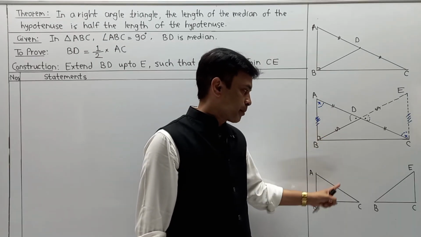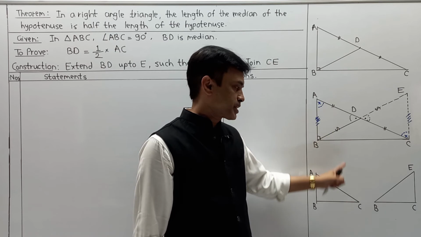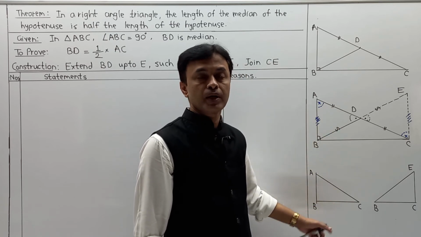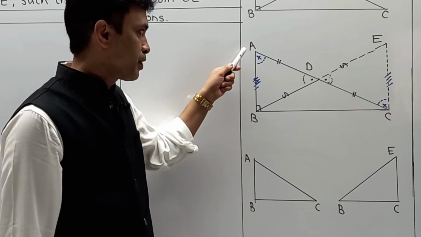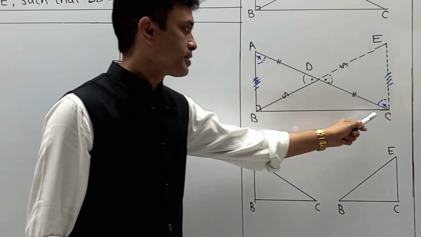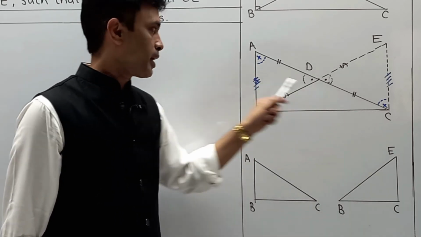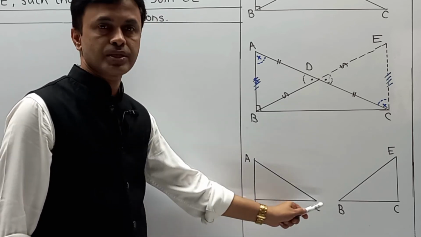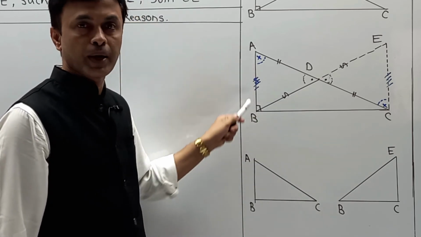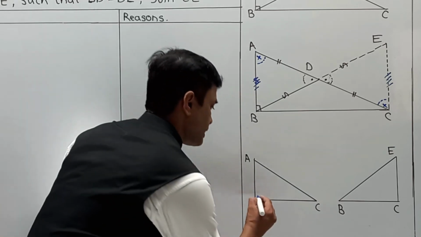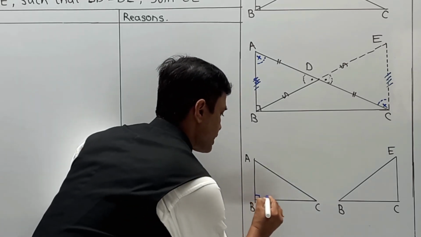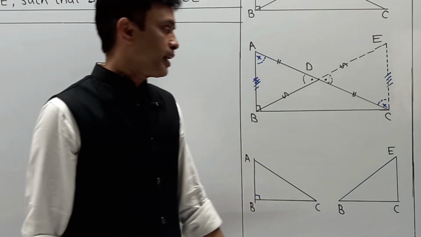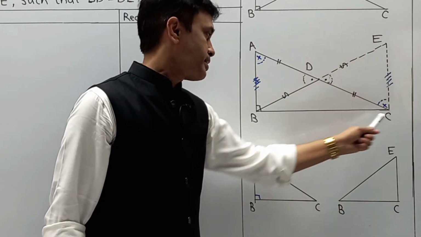Now from this diagram, please pay attention to this diagram. What exactly have I done over here? First is triangle ABC. I have taken it as outside ABC. Very well known one part, that angle B is 90 degrees. So angle B is 90 degrees. Next, the second triangle is ECB.